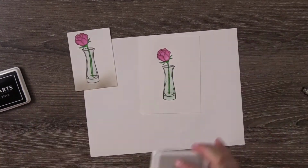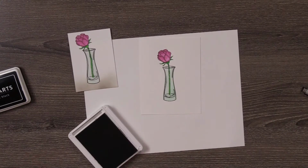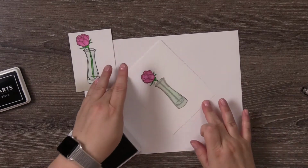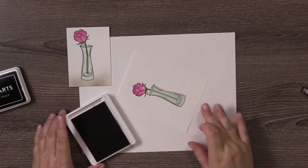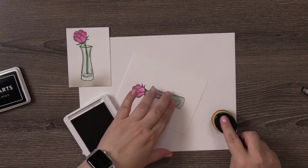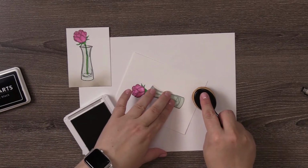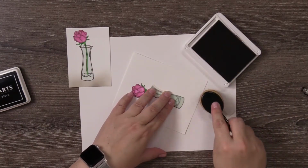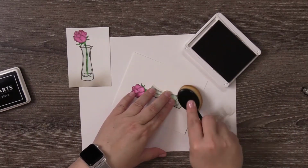So the next thing I do is I'm going to add this light warm gray color. This is also a Stampin' Up ink towards the bottom. I just want to give it some dimension down there, as if it were maybe sitting on a table or something like that, and more of an abstract way. So this is where I'm going to use the